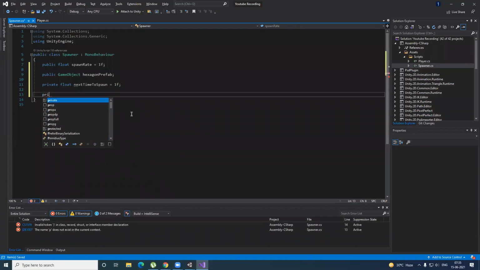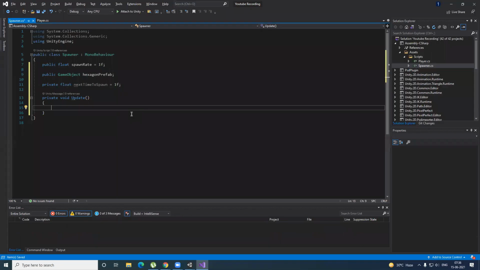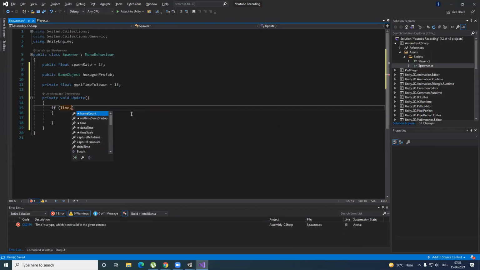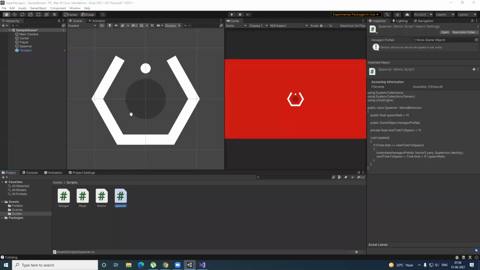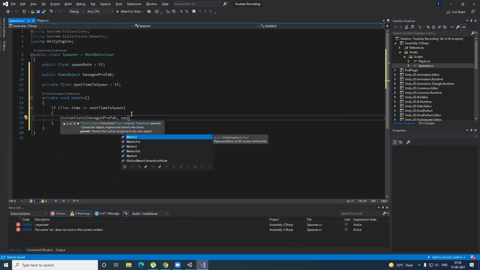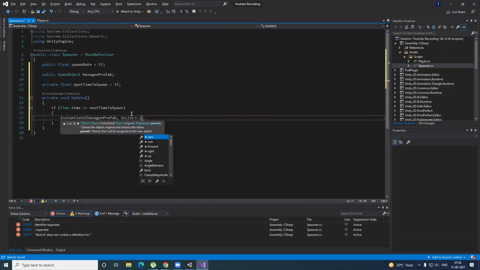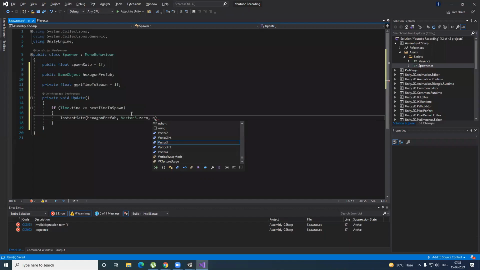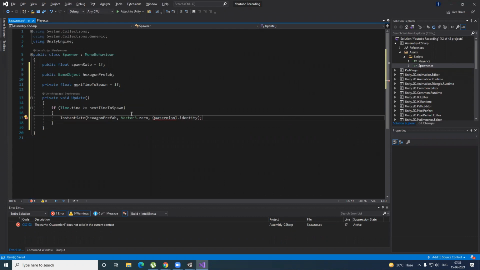And now let's make a private void Update, and if Time.time is greater than or equal to nextTimeToSpawn, then what we want is Instantiate(hexagonPrefab, Vector3.zero, Quaternion.identity).